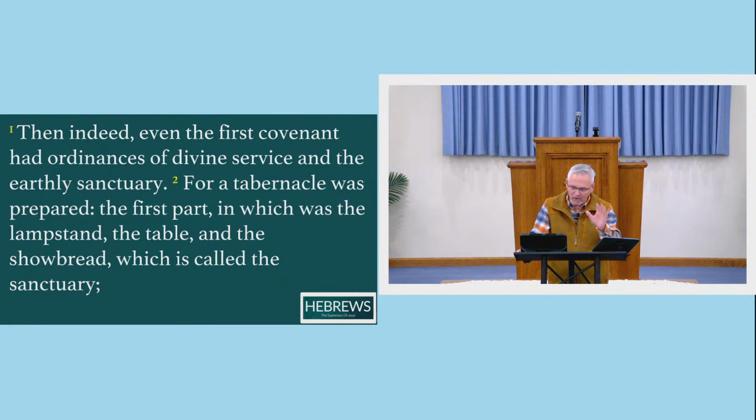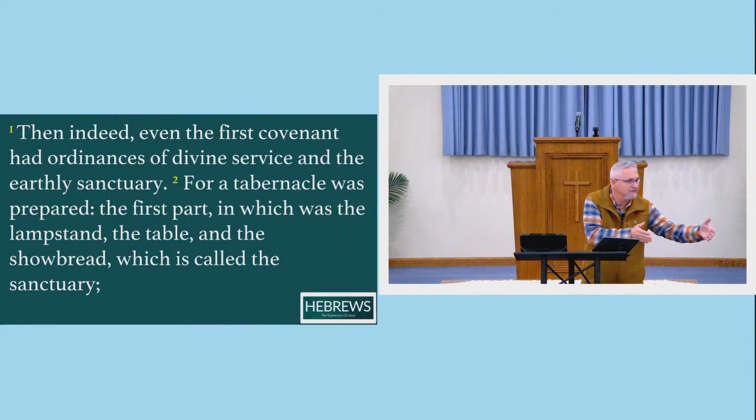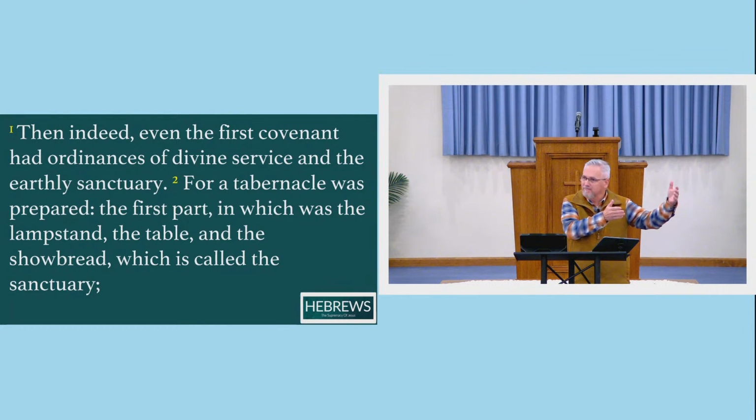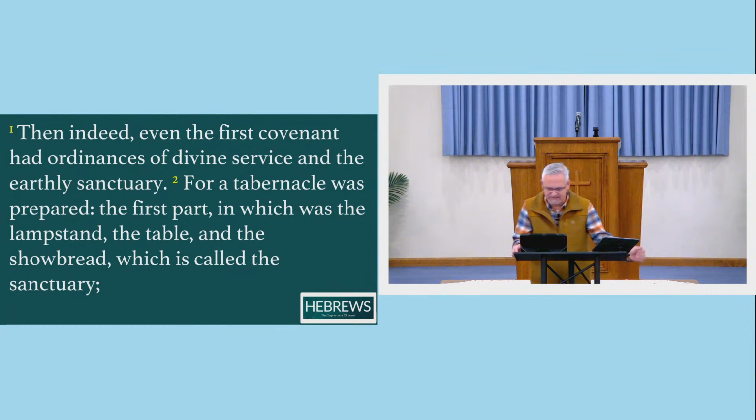And so you have the holy place, the first room of the tabernacle. And this tabernacle was 45 feet long. The first 30 feet of it was the holy place. And then you had the last 15 feet of it. That was the most holy place, or the Holy of Holies. And so you can go back to passages like Exodus chapter 40,